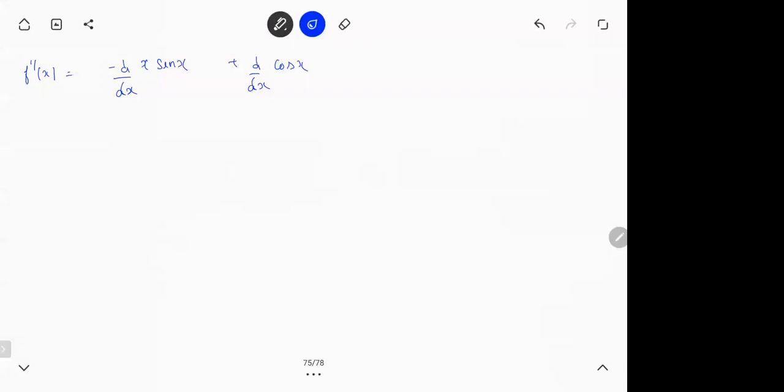Now see, this would be again the f of x g of x formula. x into differential of sin x, into differential of x. When you differentiate x, don't differentiate sin x. When you differentiate sin x, don't differentiate x. So the differential of cos x is minus sin x. So it would be minus x cos x plus sin x.